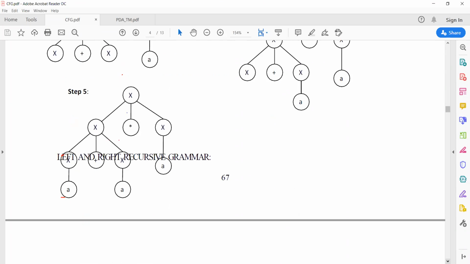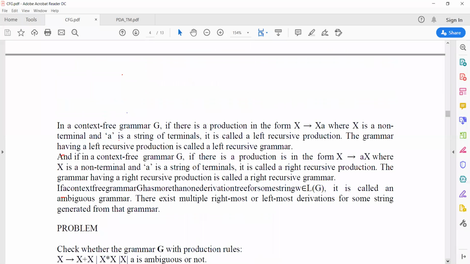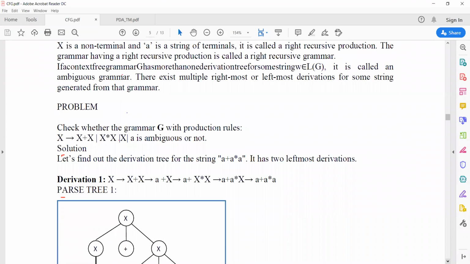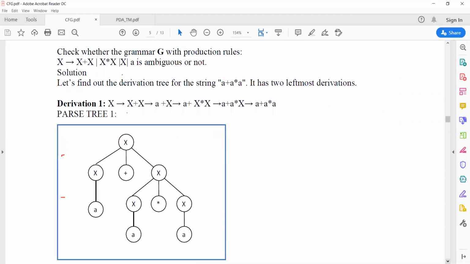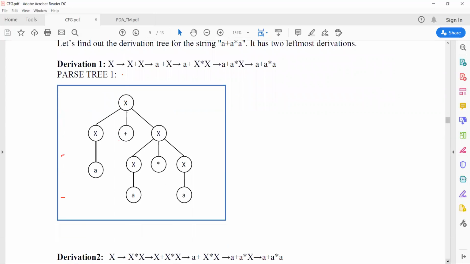Now, as you can see, this is a common problem: whether it's ambiguous or not. A grammar can be tested for whether it is ambiguous or not.